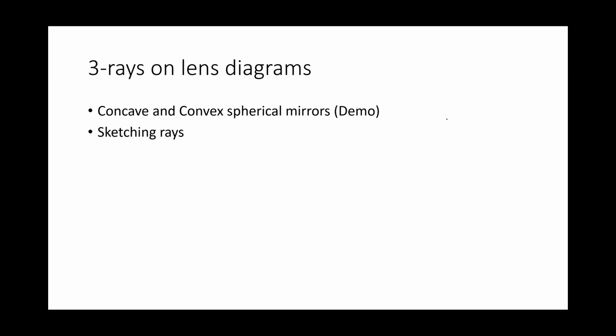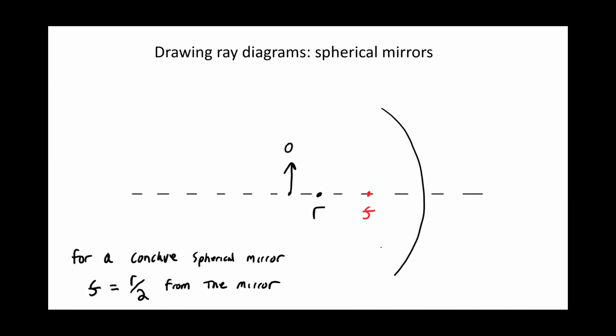We could just draw 3 random rays, break out a protractor, measure some angles, but that gets really tricky, right? It requires us to have an exact shaping of the mirror, so we know exactly the shape of the mirror or the lens that we're working with drawn correctly on the page, which is tough if you can't just literally trace the lens or mirror onto the page. So rather than doing that, we're going to use some tricks that we know about the geometry to come up with some shortcuts. So we know, for example, that a ray that strikes parallel to the mirror is going to